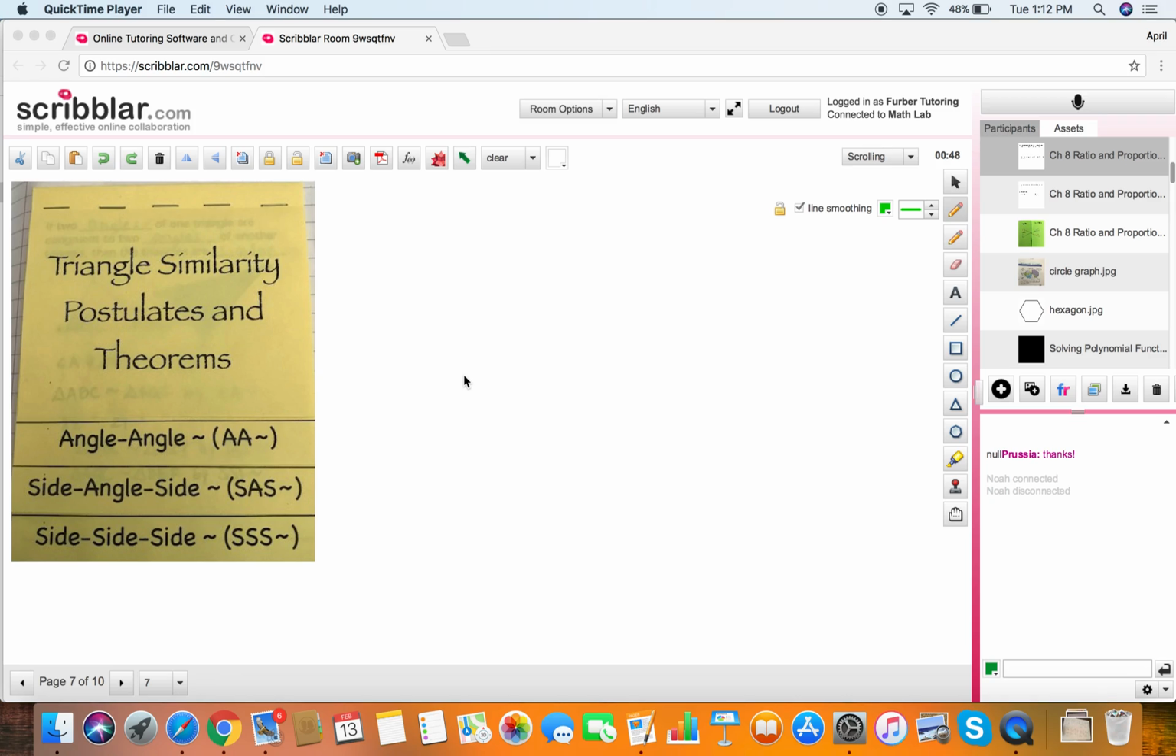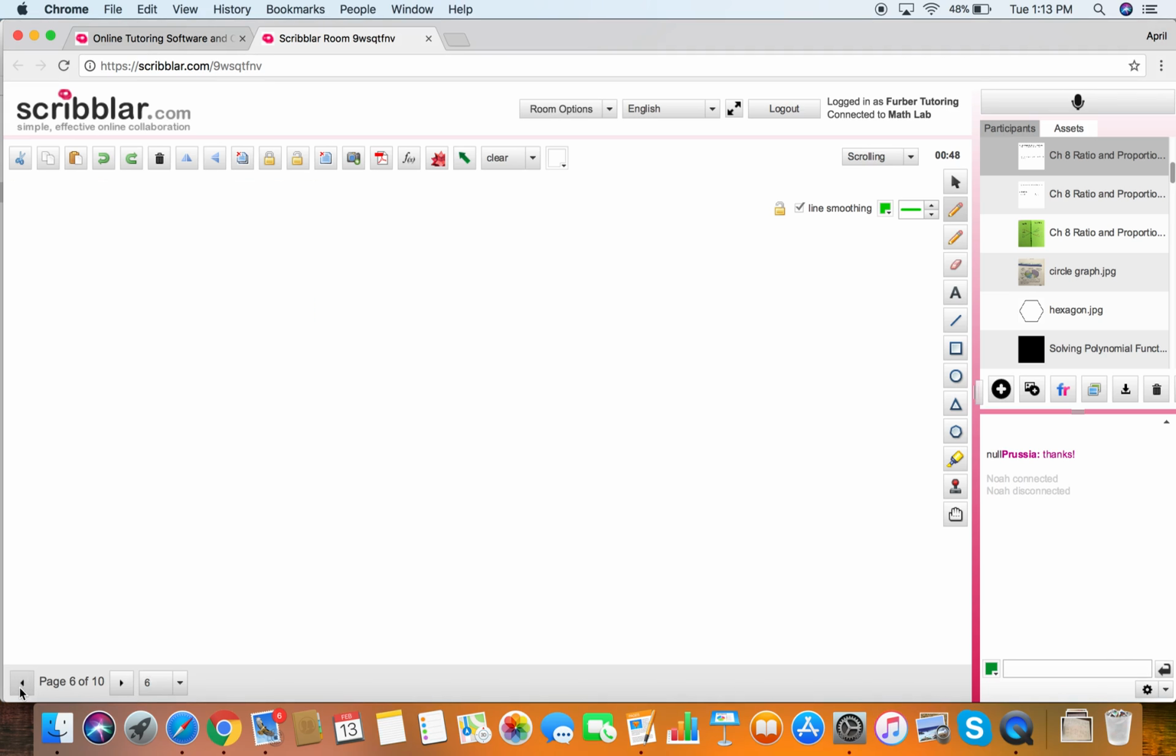Okay, and the last page of your notes today is going to be talking about triangle similarity postulates and theorems. These are going to look very similar to what we did with our triangle congruency postulates and theorems, but now we're not talking about congruency, we're talking about similarity. And obviously, if you look at what we did on the last page, when we did the examples with